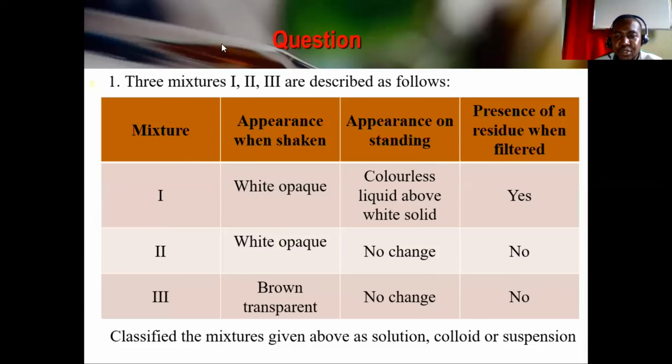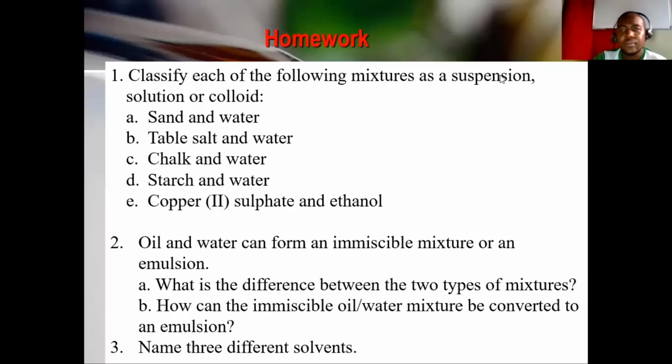A solution. And why is it a solution? Because it's